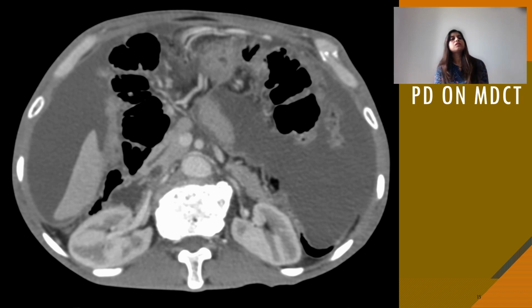Although MRCP is the modality of choice for diagnosing pancreas divisum, if you have a multi-detector CT scanner and you give a little more focus and concentration to the pancreaticobiliary anatomy in CT scan images, you can easily diagnose pancreas divisum on MDCT. Here in this image we can see the linear hypodense structure. There is the dorsal pancreatic duct, and posteriorly this is the CBD,